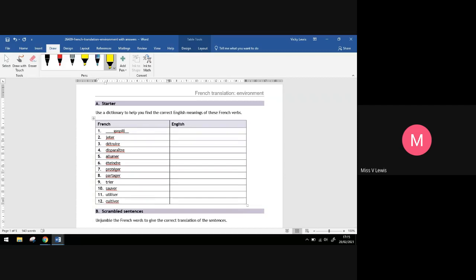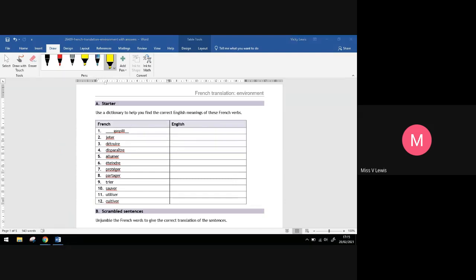Okay, so I'll just take that back and we'll go back to the infinitives in a moment. Okay, so gaspiller, we had that before. If you look at the year 10 term booklet, it is all to do with the environment, and on Quizlet there are the lists of vocabulary also. Okay, so if we scroll down,